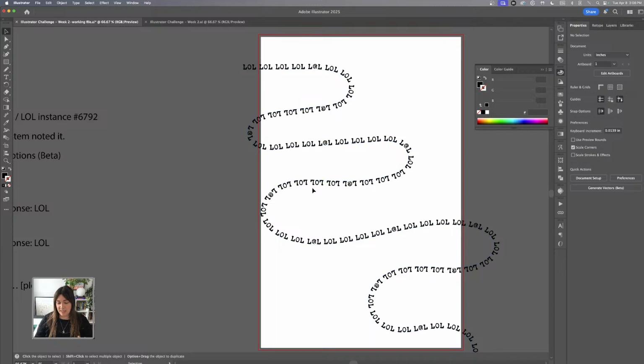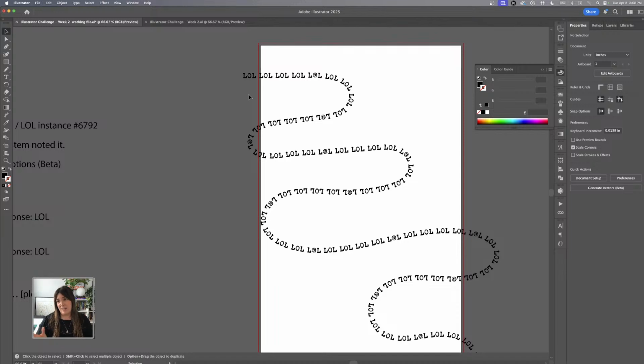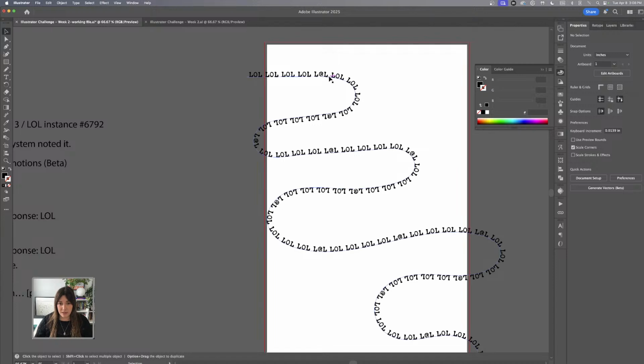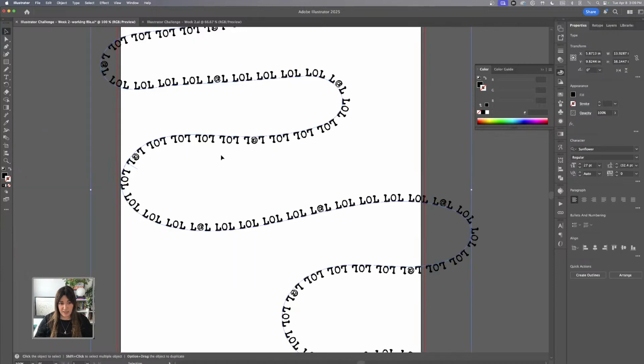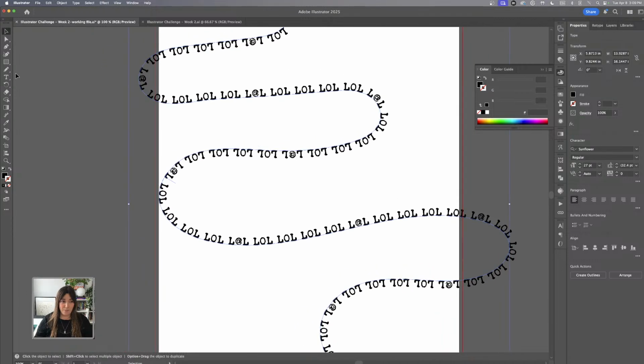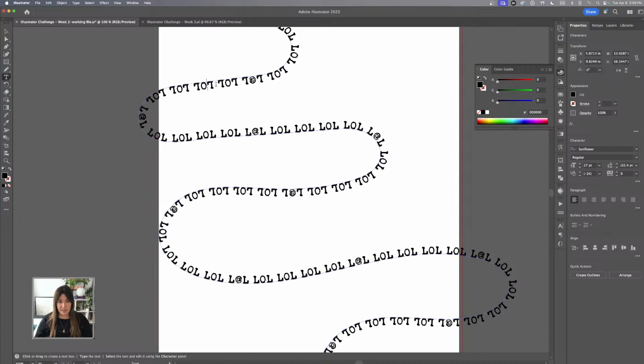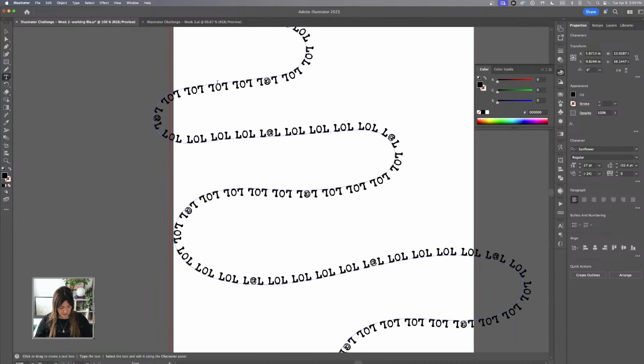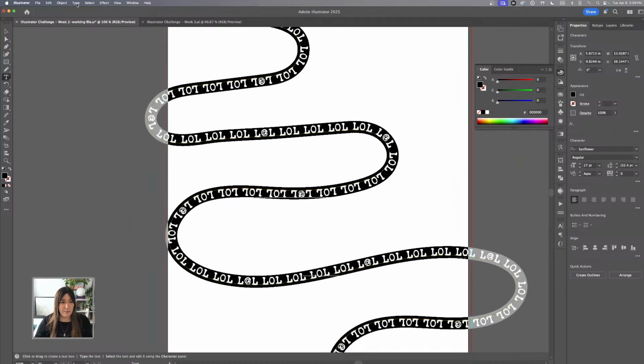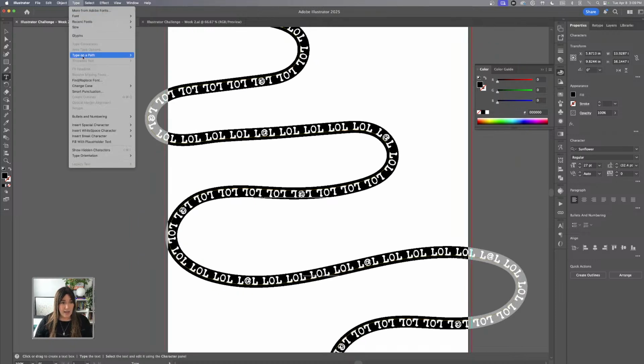But what's happening in the curve here is that it's following the movement of the pencil. This is actually why I started with the line being at the top, because then it kind of directs how we're going to read the text. But when we go like here, everything is upside down and we don't want that. So we'll make sure that our text is all selected. So I'm clicking on my path, just doing a Command A to select everything, and I'm going to go to type on path